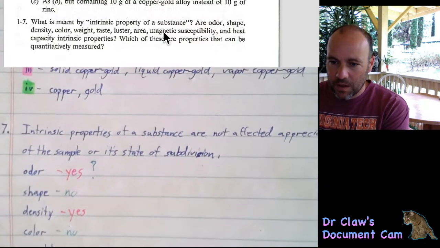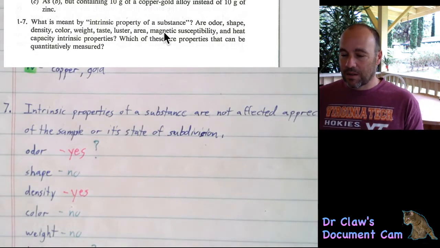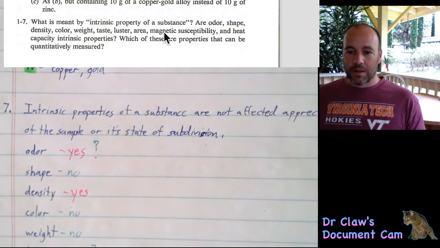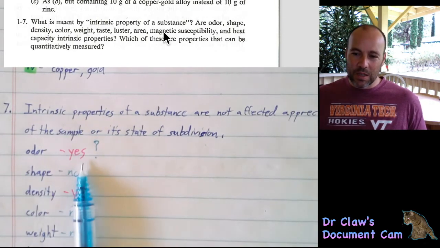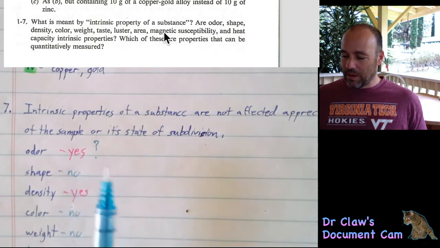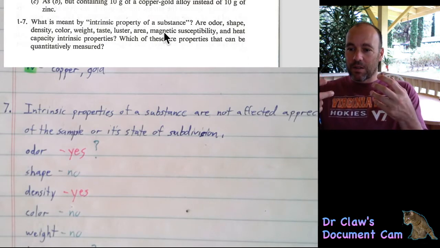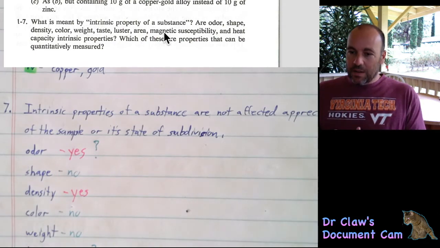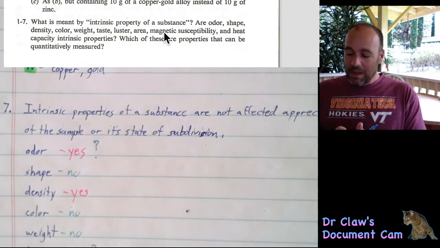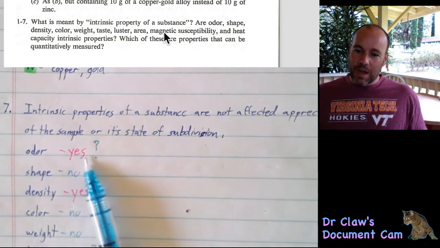Okay, so how much and also how finely cut up is it? If the property doesn't depend on those, then you would say it's an intrinsic property. Now odor, I would say odor is probably an intrinsic property. It probably doesn't matter how much of the substance you have, it probably still smells the same. And also, no matter how finely cut up, it probably still smells the same. But I have a little question mark next to this because